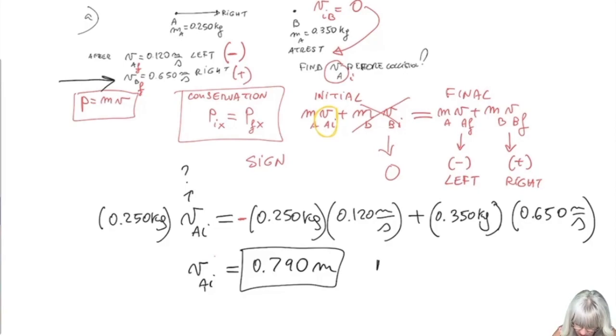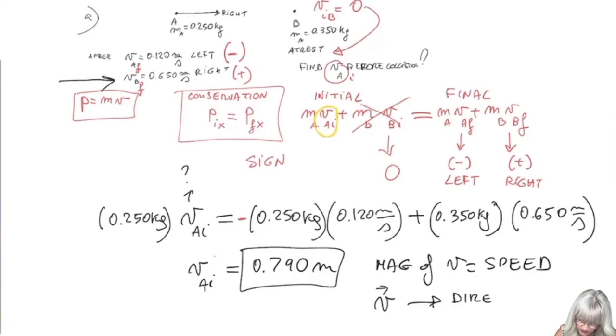Remember, the magnitude of a velocity is the speed, right? Velocity is, however, a vector, so we need to give the direction and also the magnitude. In this case, as you can see, it is a positive 0.790, which means it goes toward the positive x-axis. Let's move on to part B,